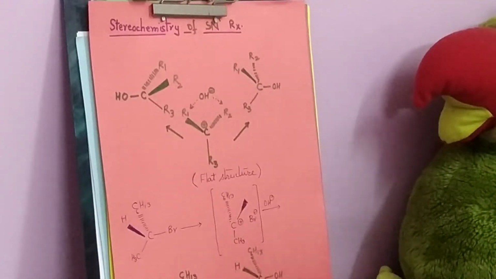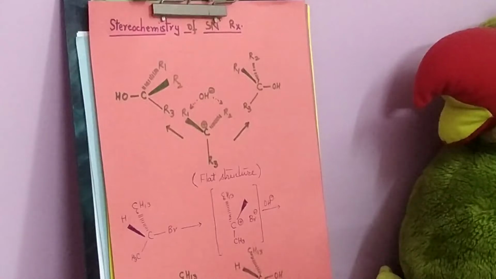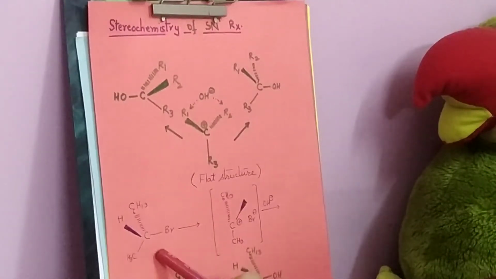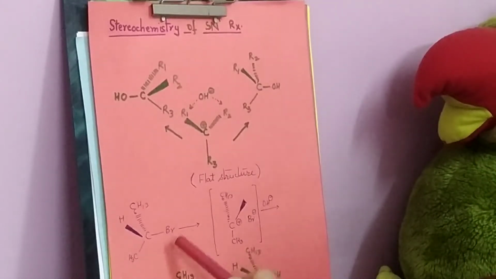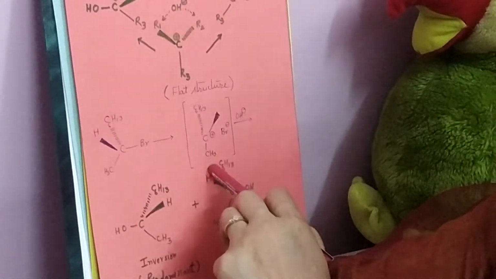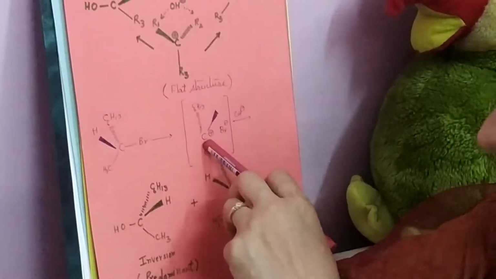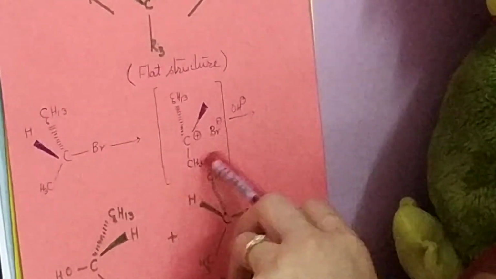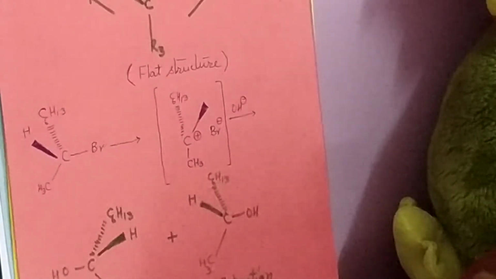In actual practice, however, what happens is that the front side attack is slightly discouraged, because the halogen atom on the front side is the leaving group. So, Br negative, as it begins to leave the alkyl halide, resulting in the formation of the carbocation, is still present in close vicinity on the front side. As a result, the nucleophile will be a bit reluctant to attack from the front side due to repulsions, etc., and therefore it would prefer to attack from the back side.